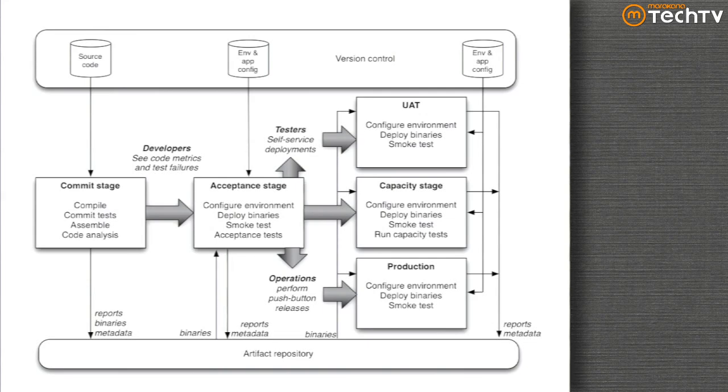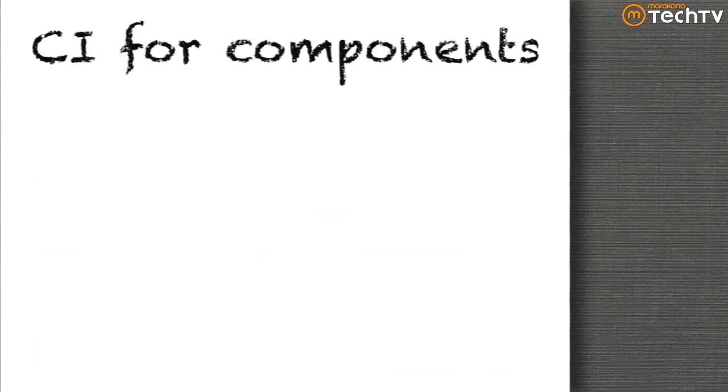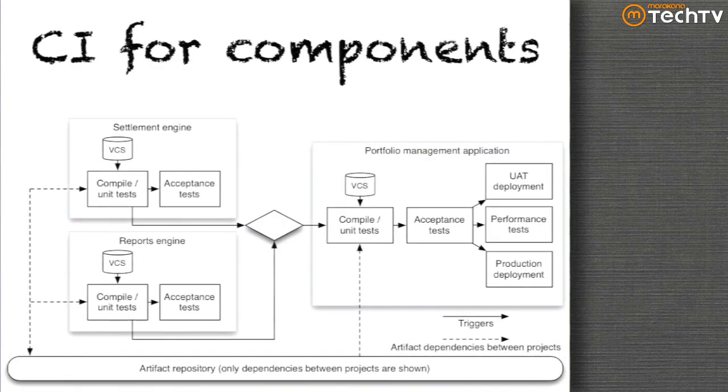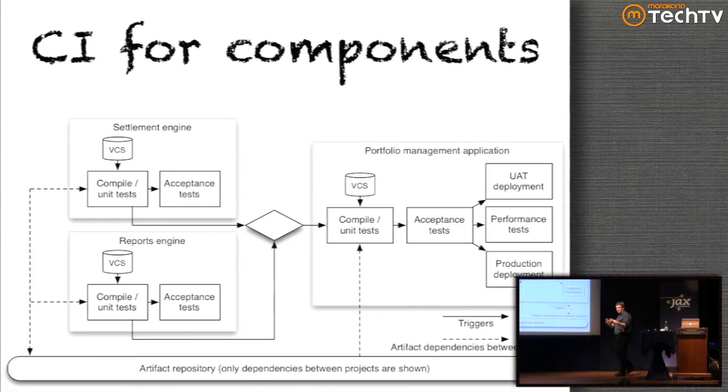But as we get further and further along these builds, we're going to do more and more sophisticated kinds of tests and builds for things. What we'd eventually like to do, though, is stop doing hyperactive builds here, stop building the entire application every time, and eventually get around to this idea of continuous integration at the component level. If you can build component-based architectures, what you do is make the architectural pieces relatively easy to swap out for other ones. And you make those architectural pieces easier to build independently of the rest of the application.